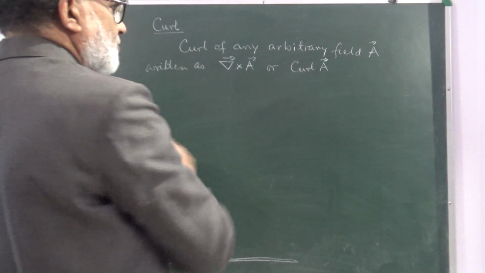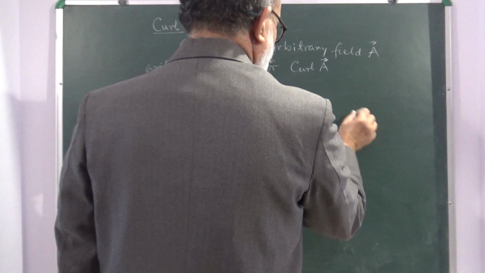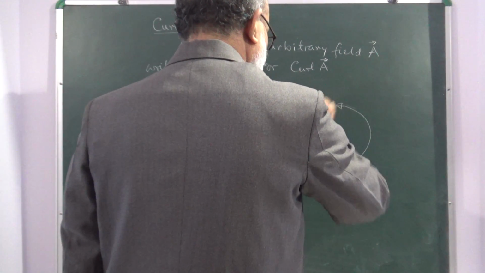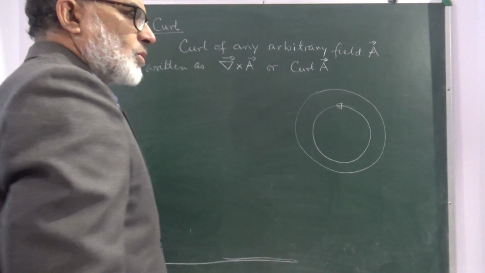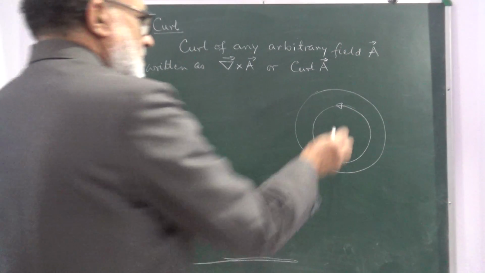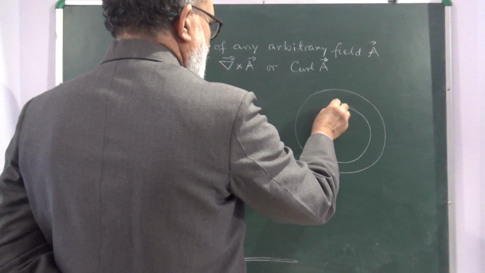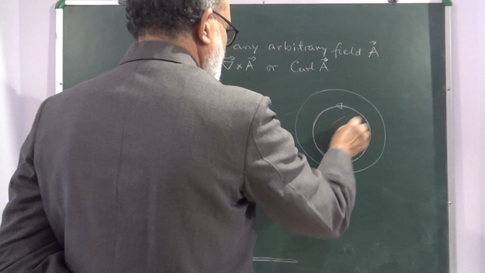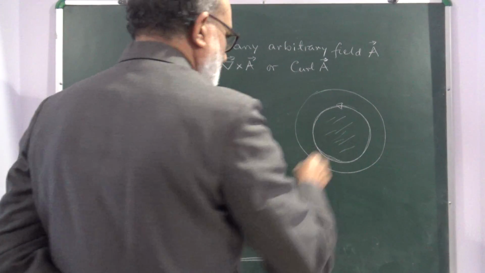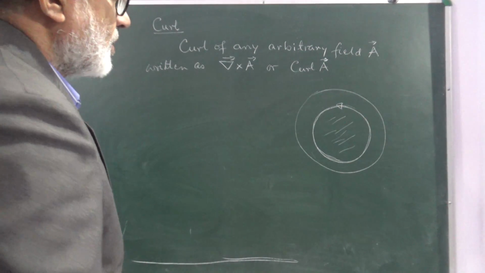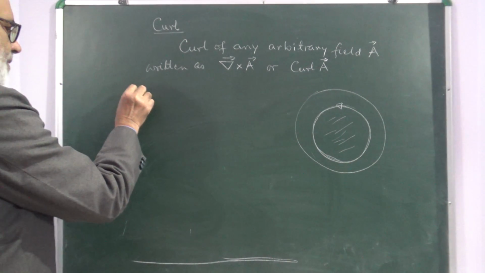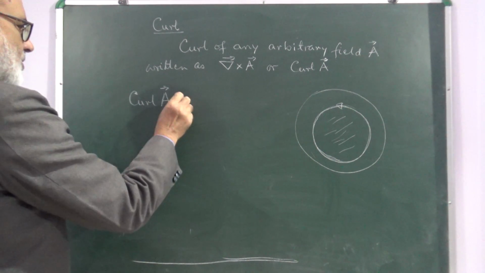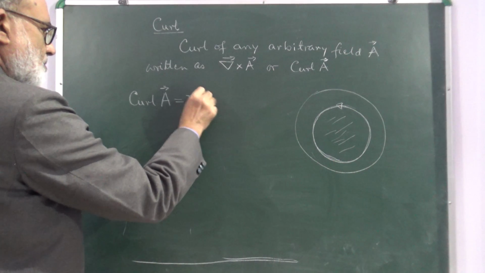This applies only for the field which is rotating, where A is a field which is like this. If the field is like this, so the curl of A means the integral of A along this whole path divided by the area enclosed by this one. So the curl of A, you can write it as curl A,